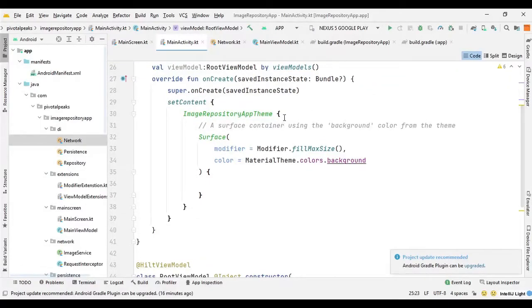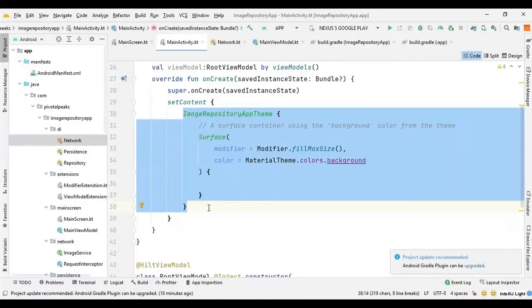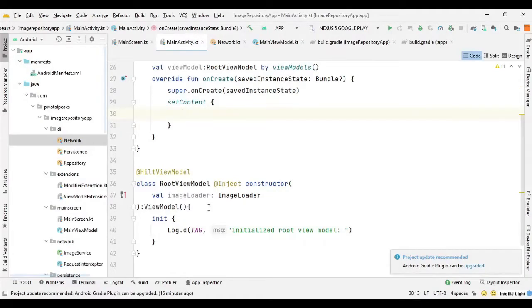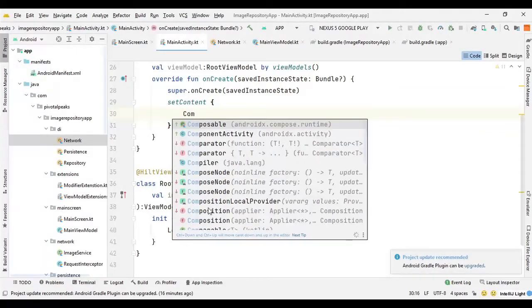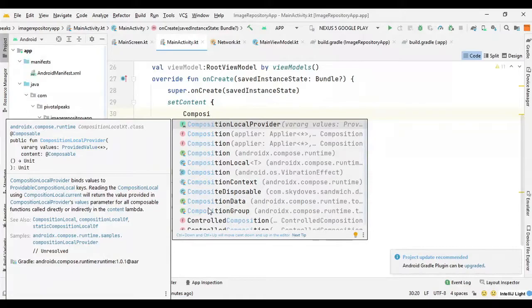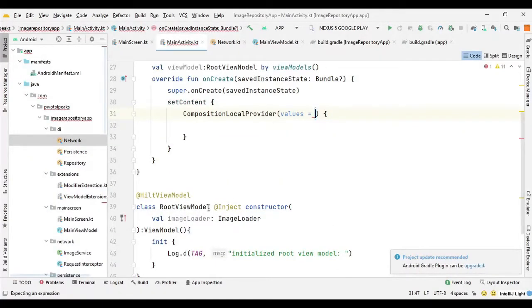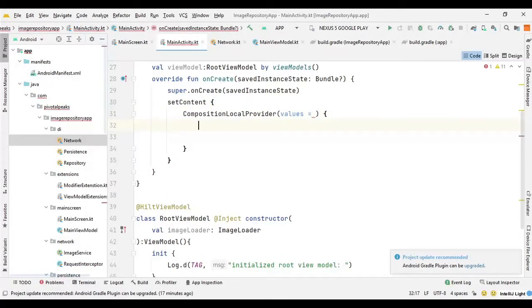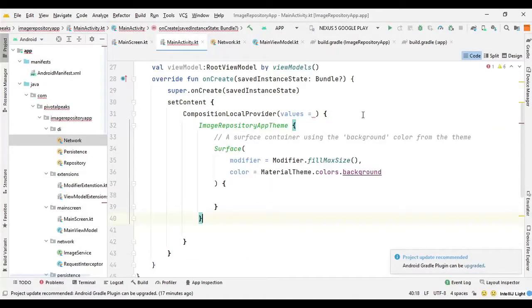Now we need to cut this entire piece of code. So we can cut it, and we need to put it into composition local provider. So we can say CompositionLocalProvider, and we need to put all this code inside this function.